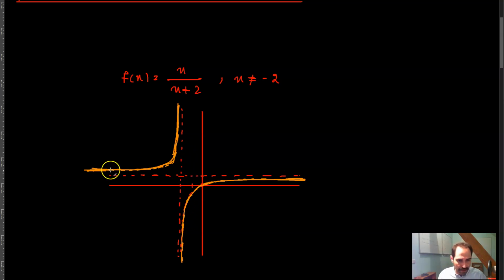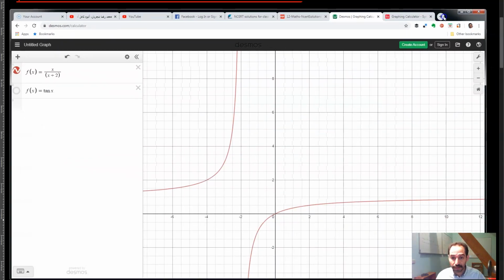Now, if you pay attention to what's happening, let me show you a better version of this function. Of course, that's not exactly the best way of looking at this. So if you take a look at the function now, you can imagine that there is an asymptote here at y is equal to 1. There is an asymptote here at x is equal to -2,